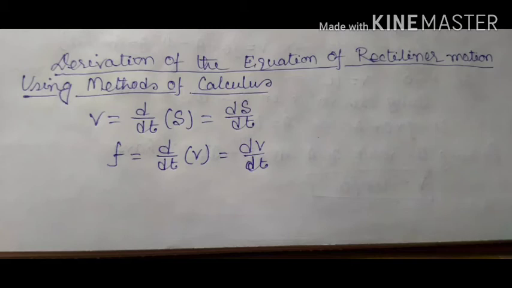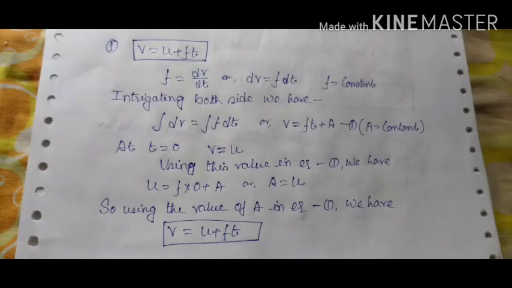Equation number 1: v is equal to u plus ft. The rate of change of velocity, that is the acceleration, f is equal to dv/dt, or dv is equal to f dt. In case of uniform acceleration, f is equal to constant. So integrating both sides, we have integration of dv is equal to integration of f dt. F is a constant, so v is equal to ft plus a, equation number 1, where a is the integration